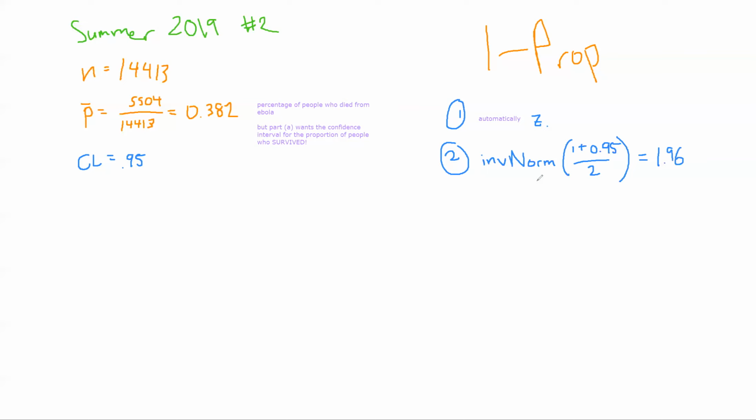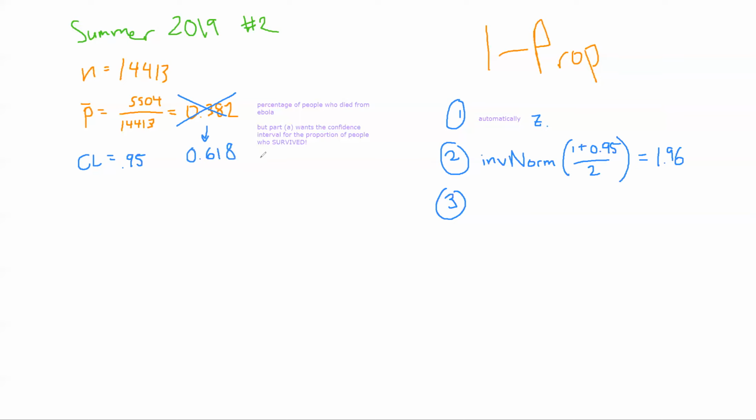I just happen to know the 95%. I'm sure that some of you are doing enough problems that you just recognize that the 95% confidence interval, if you're doing inverse norm, is going to give you 1.96. It's a very common answer. Now that we have that, I'm going to construct the confidence interval for the percentage of people who survived. So I don't want this value. I want 1 minus this value, which would be